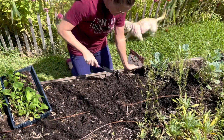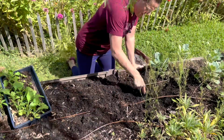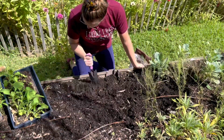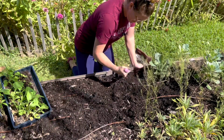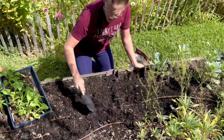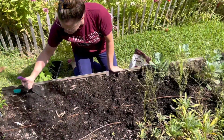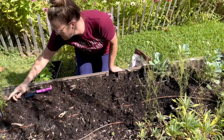Okay, so the soil feels pretty loose. One thing that's really good to see is I'm seeing a lot of worms in here, which is really great. This looks nice. Okay, I'm going to be planting my Foxglove fairly close together. Remember, I'm utilizing them as cut flowers, not as something quote-unquote in my garden. I'm going to be working all the way to the side. I planted these other perennials over here, Boltonia and